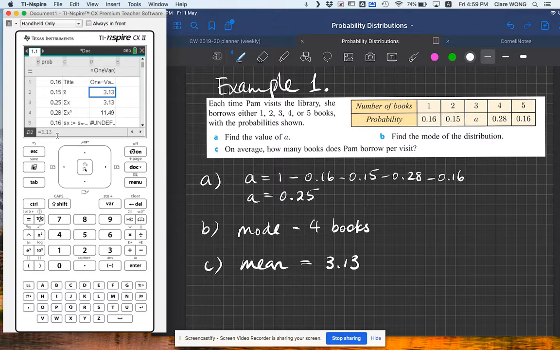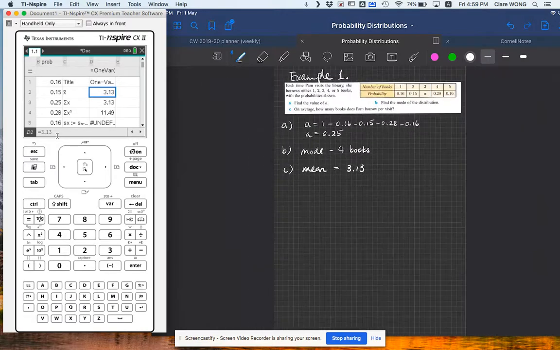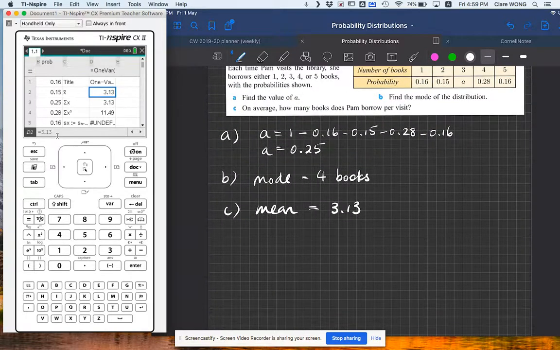In other words, Pam, on average, borrows 3.13 books. It is okay to leave it as a decimal. There's no need to turn it into a whole number. Now, what else can we do here? Of course, it is not asked in the question,